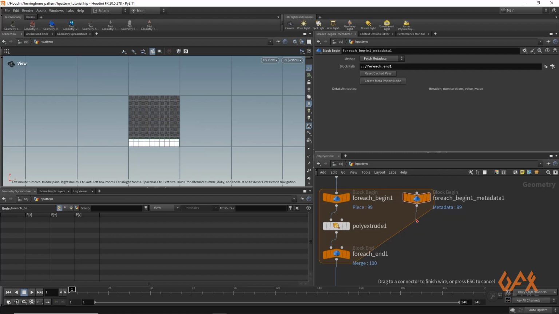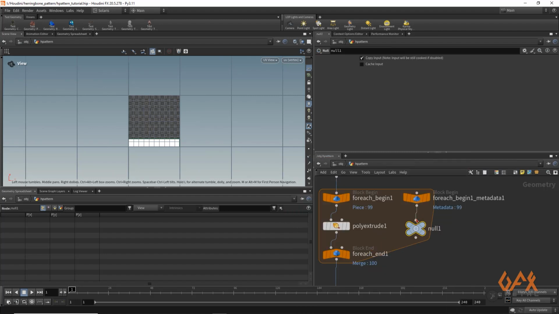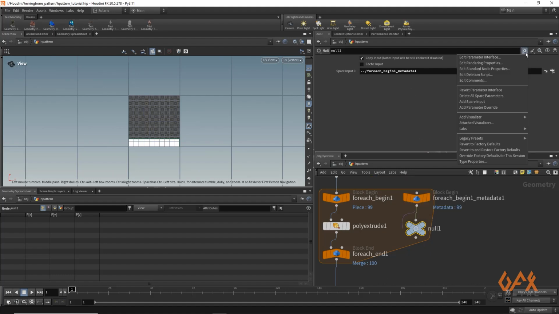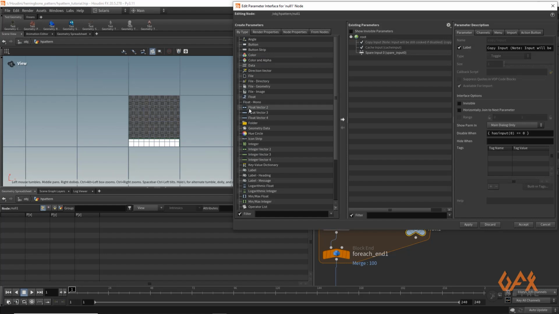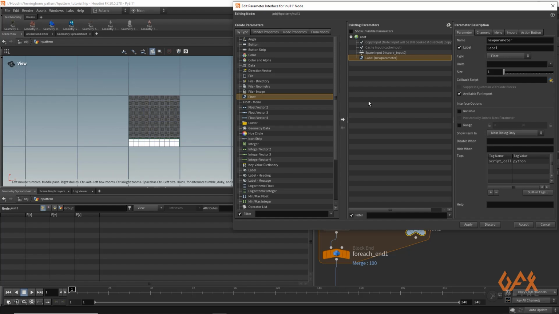And here I just create one null operator, and I just add a spare input. I call this for each begin metadata into my spare input. I'm going to create one parameter, like float, and name it iteration.